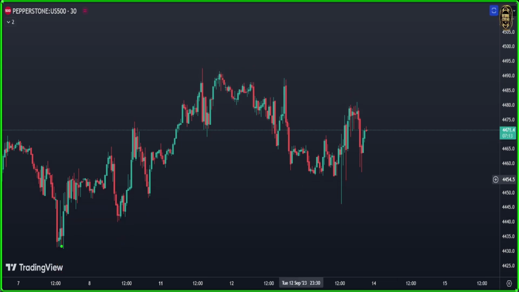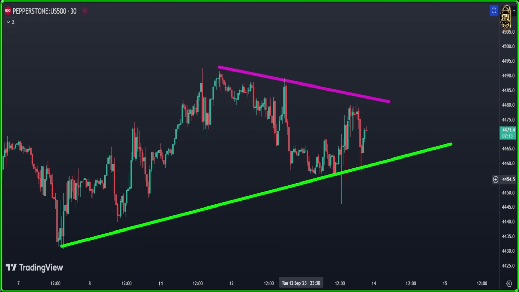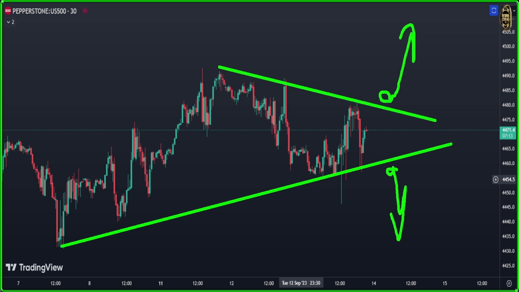Plus another thing, you can do something like that. You came from down here and here at the top, you came like that. You got here a triangle and you wait where it's going to be broken, here or down here. If it's broken down, that means you need to enter short. If it's broken up here, that means you need to enter more long. So at this time there is nothing. You need to wait more till the right time.